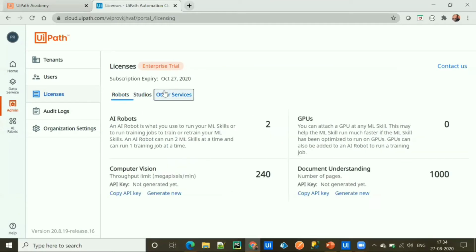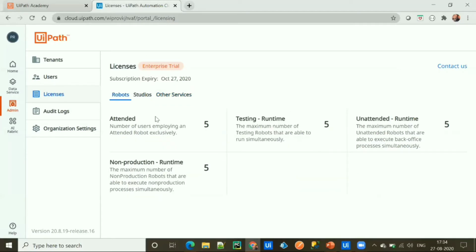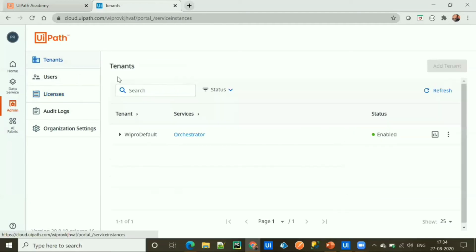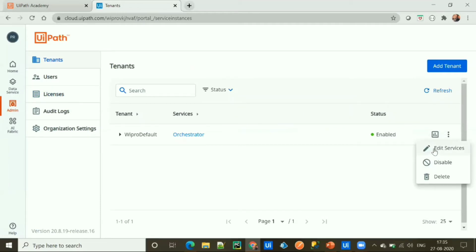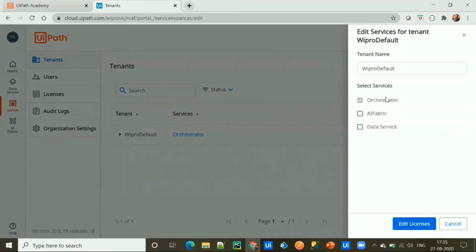When you go to the other services, you can see UiPath is providing 2 AI robots for this enterprise trial edition. Once we have requested the enterprise trial, we need to go to the tenant and edit the services by going to Edit Service. As you can see here, only the Orchestrator service is enabled for this tenant.